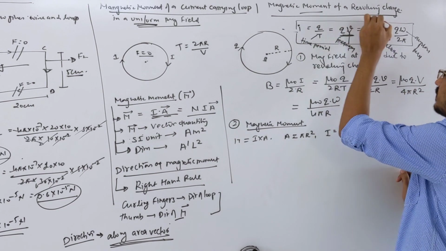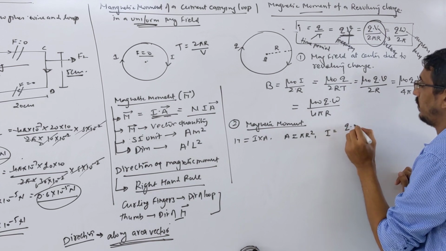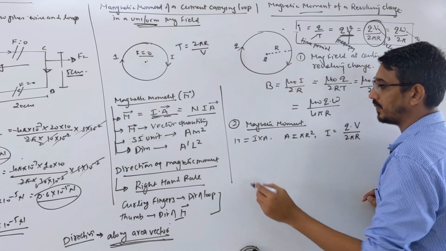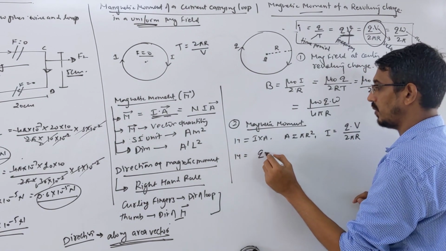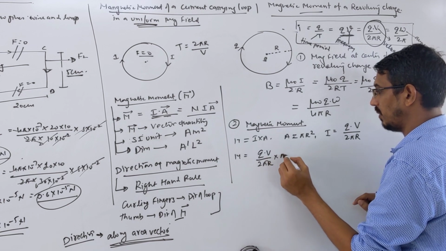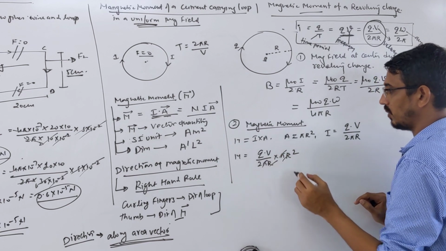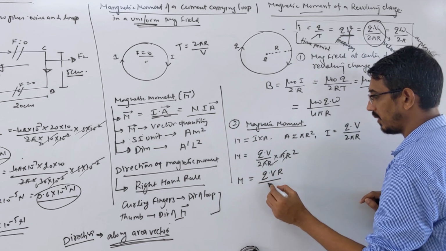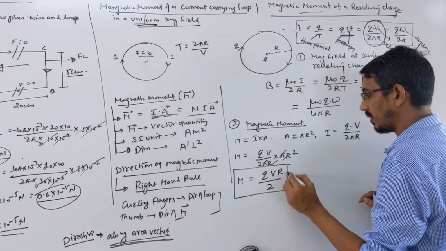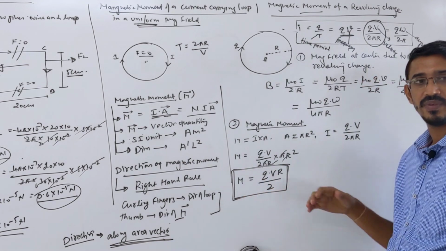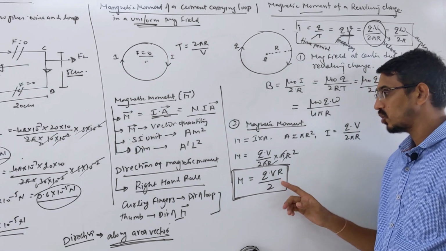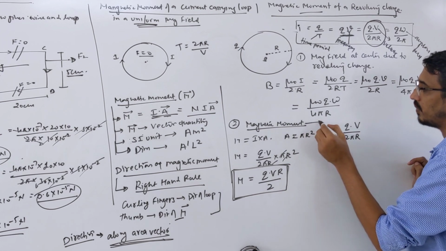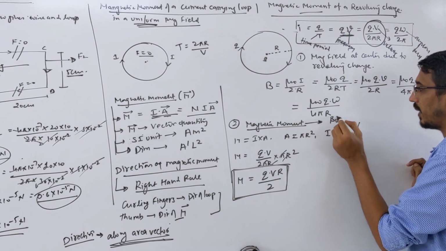We need this velocity format, okay? I'm writing current is equal to Q into V by 2 pi R. Let's put them together. Then the magnetic moment becomes Q into velocity by 2 pi R, into pi R square. Thus pi goes and one R is gone. So the magnetic moment comes to Q V R by 2. This is one format you have to remember: magnetic moment in terms of velocity and radius, correct? Okay, so if you go to the next, look here. This magnetic moment of a revolving charge is also called the Bohr magneton, okay?